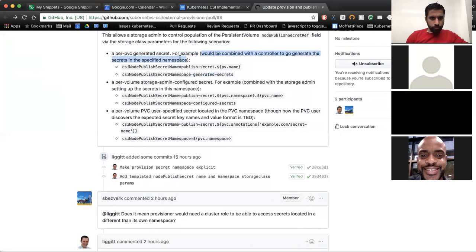What process generates that is out of scope. That can be done out of band. It could be done with a separate controller that is looking for PVs belonging to this storage class and then going off and generating a key, or it can be done manually. It can be done any way we want. But letting the storage class indicate that the node publish secret should be unique to the PV